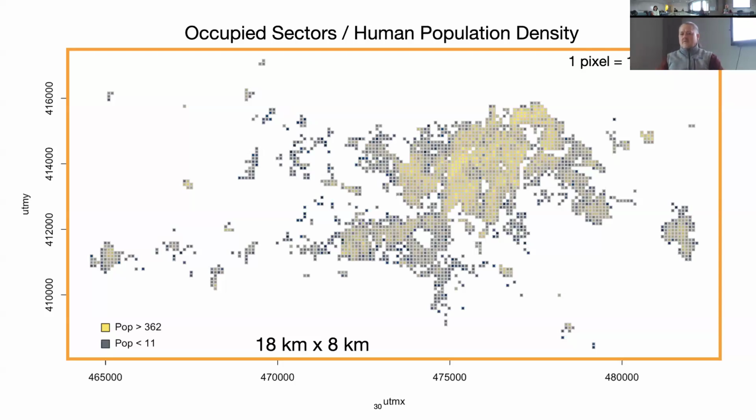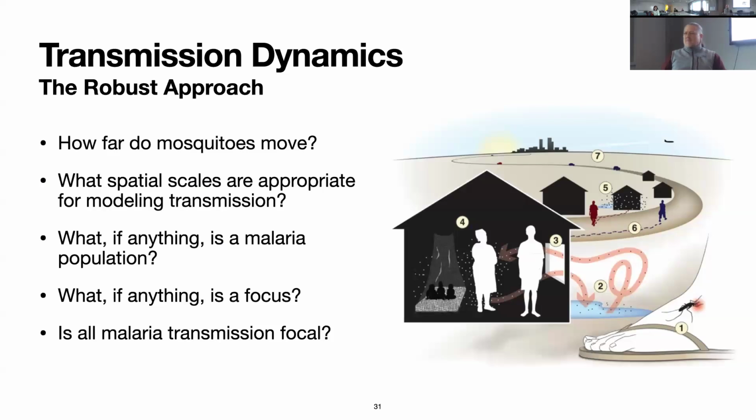So I'm going to talk to you about a couple of things that we've done over the years and how we've done adaptive vector control in all of this. The first question is about the transmission dynamics. We don't want to assume things are well mixed. We want it to be spatial, but we also need to understand how mosquitoes are moving around. So how far do mosquitoes move? Why do they move? What spatial scales are appropriate for modeling malaria transmission